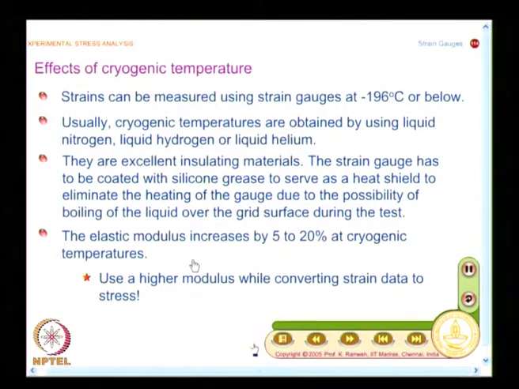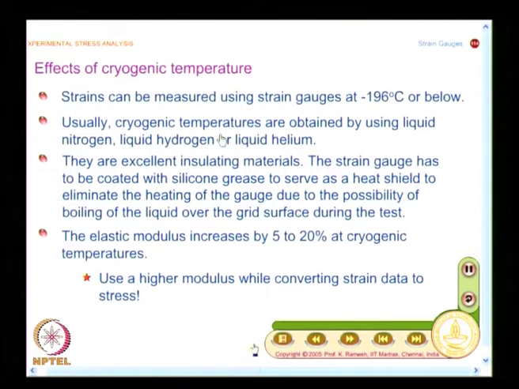See, this is very rare, as I mentioned earlier, elastic modulus does not change by your heat treatment or by alloying. We saw that when it is exposed to nuclear radiation, the elastic modulus changes. Similarly, when it is exposed to cryogenic temperatures, the elastic modulus changes. So, when you have to find out the stress measurement based on strain values, you have to use the appropriate elastic modulus. So, this is important both in nuclear radiation and cryogenic temperatures. There is another interesting thing that happens.